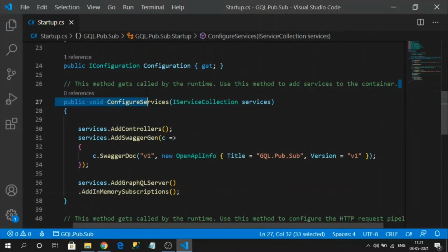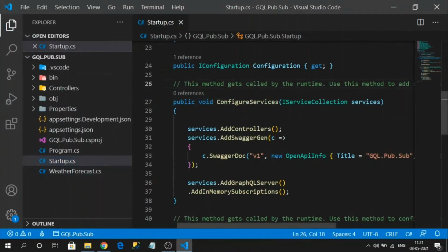Okay, now my sample will have one mutation method.